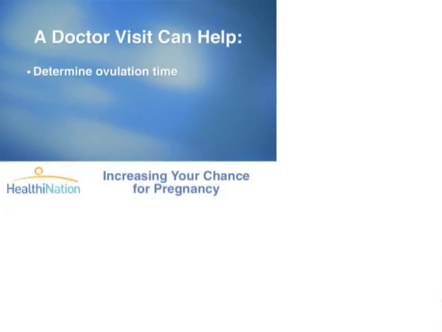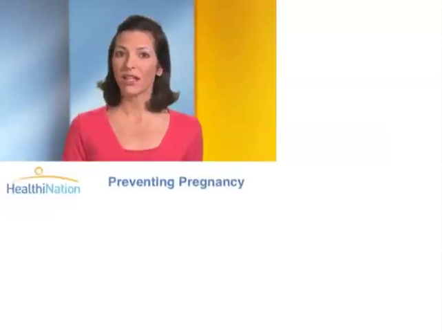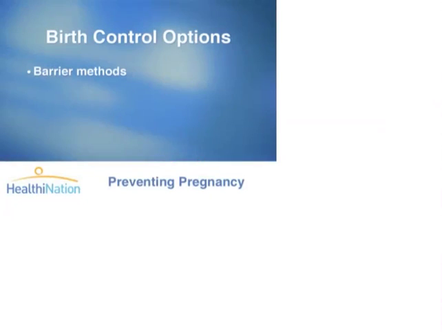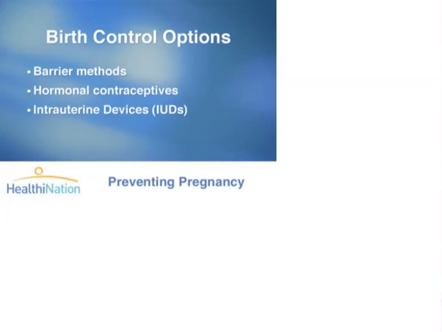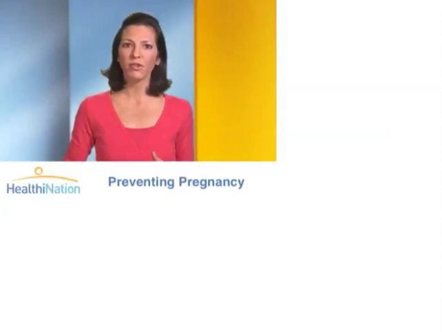She will help determine your ovulation time and address any specific health concerns you may have. If, on the other hand, you are sexually active but don't want to become pregnant, there are many birth control options available. These include the barrier methods, hormonal contraceptives, IUDs or intrauterine devices, natural family planning techniques, and permanent surgical procedures. You'll want to talk to your doctor about which might be right for you and consider the risks, effectiveness,